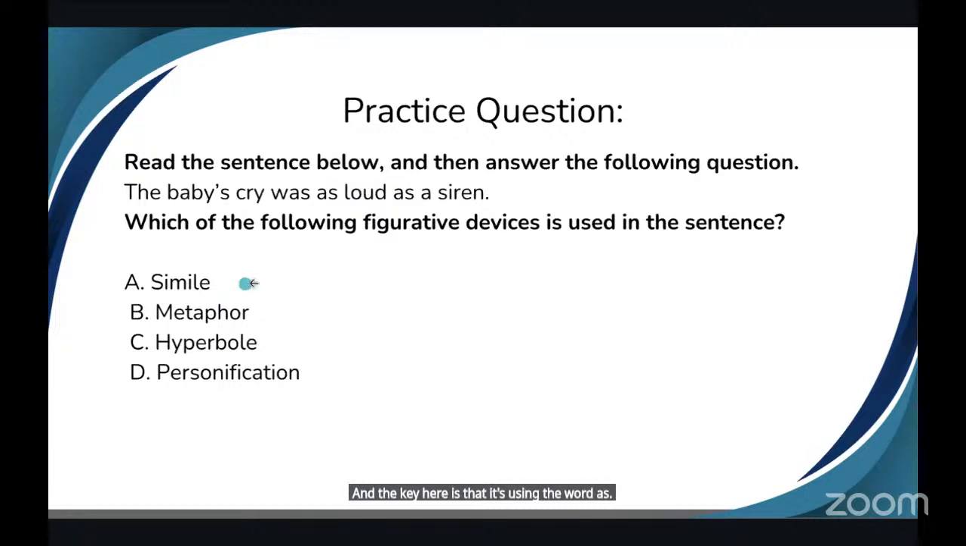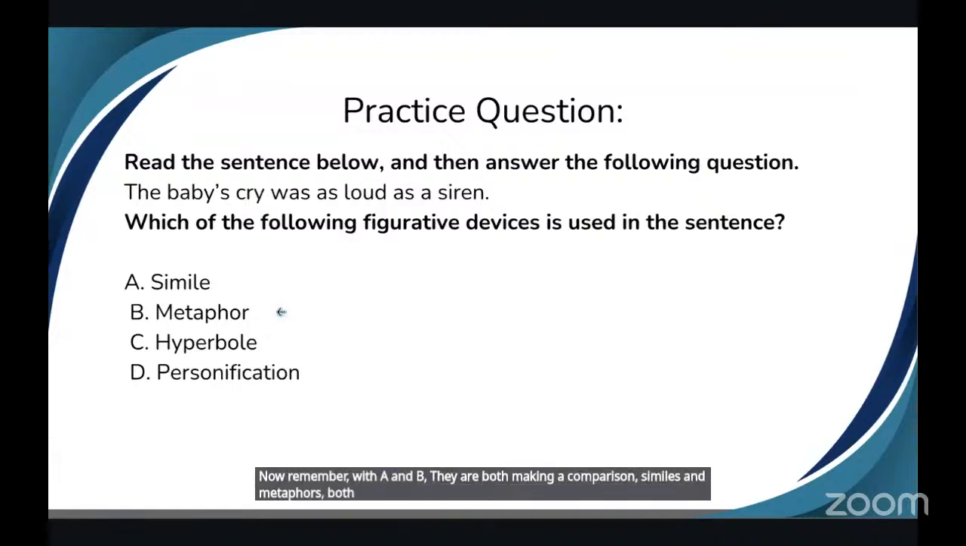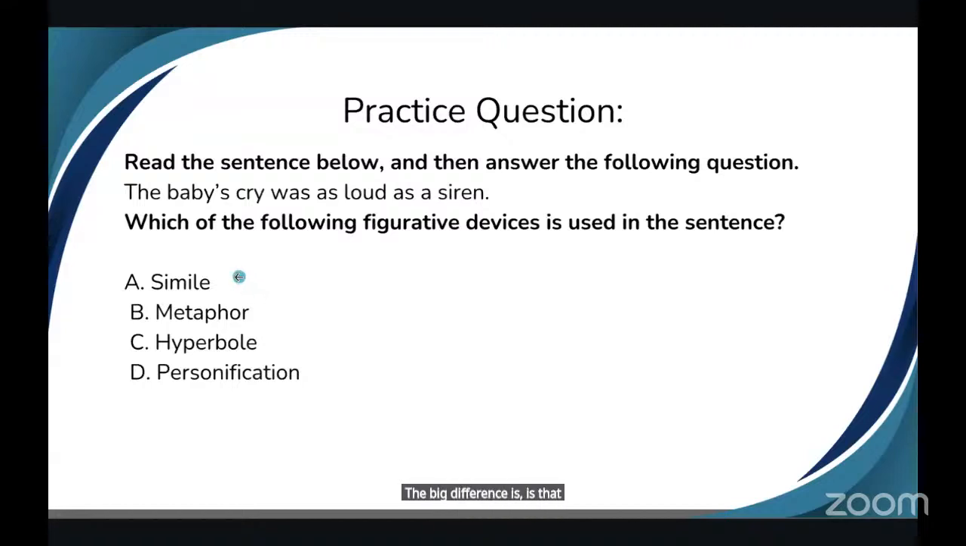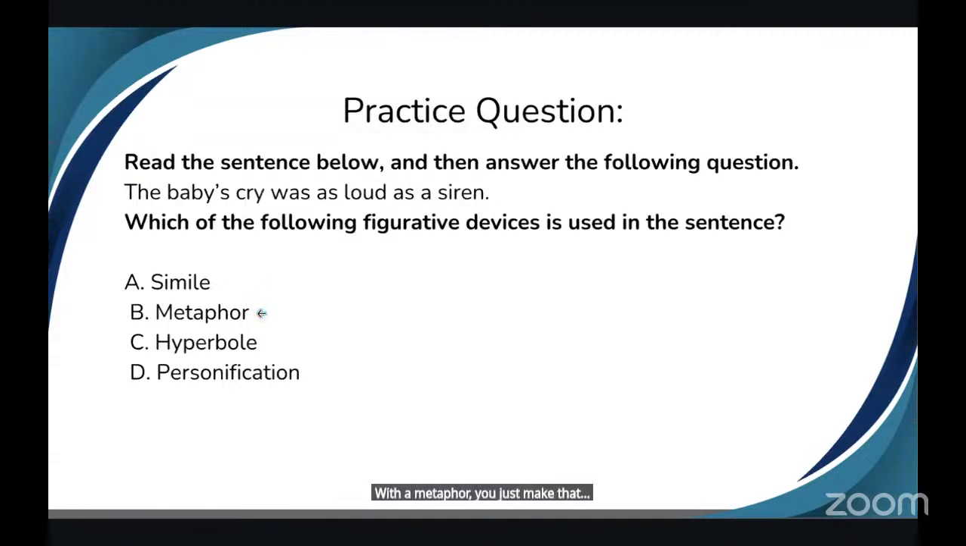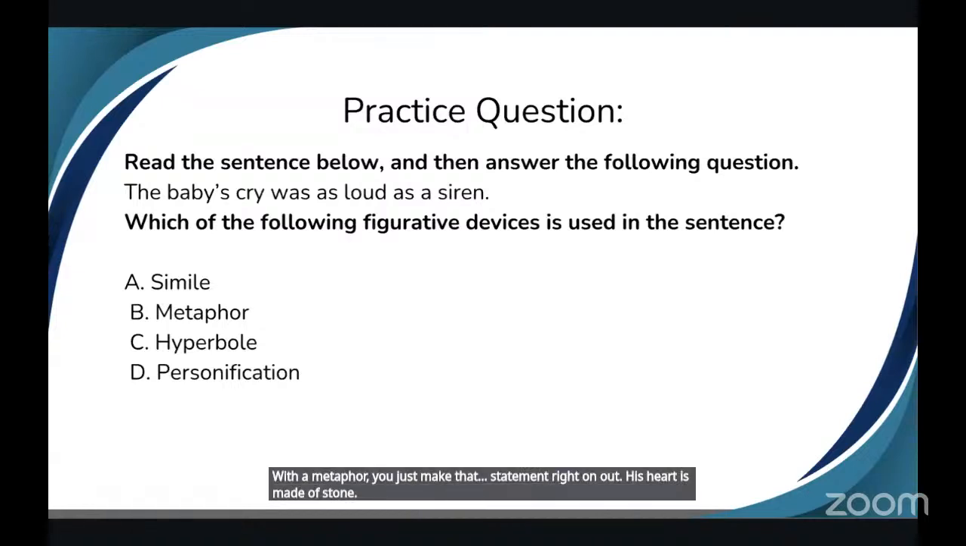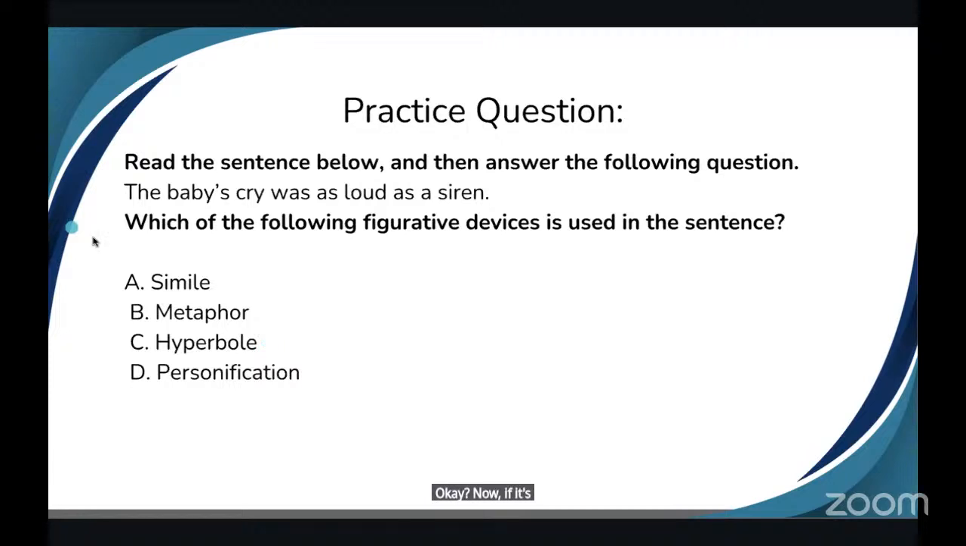Now remember, with A and B, they are both making a comparison, similes and metaphors, both make a comparison between two unlike things. The big difference is that with a simile, you're going to use either the word as or like to do so. With a metaphor, you just make that statement right on out. His heart is made of stone. Okay? Now, if it's a hyperbole,